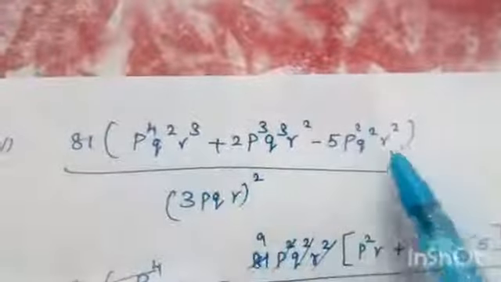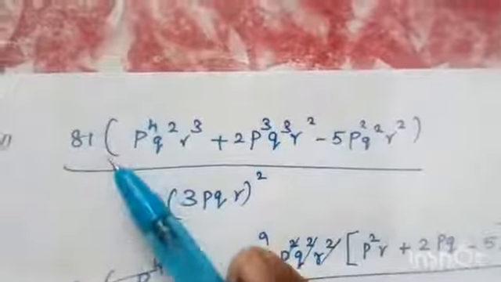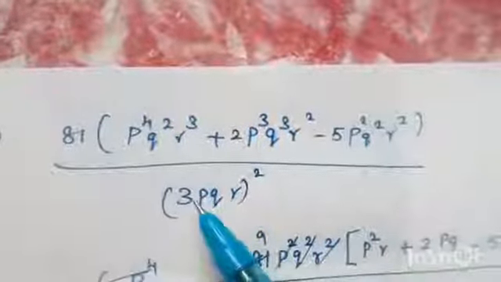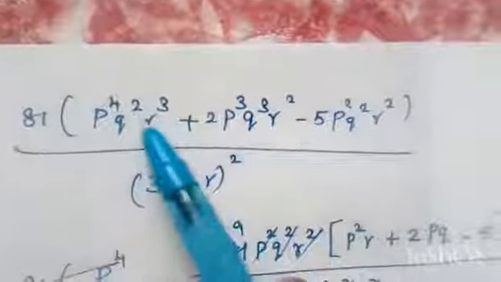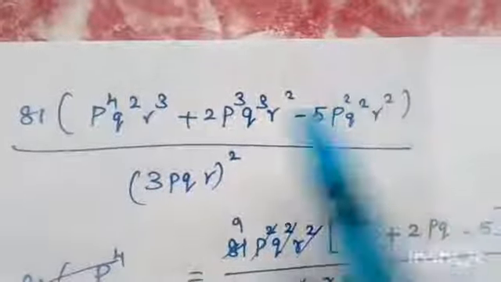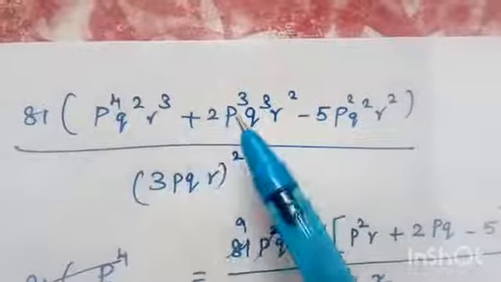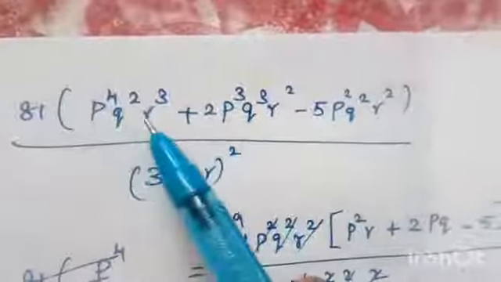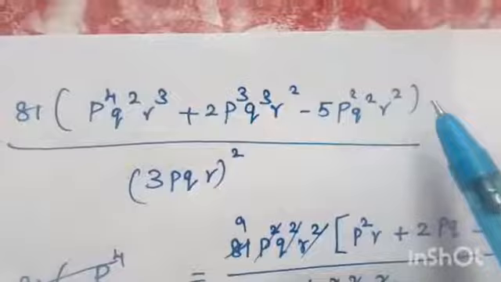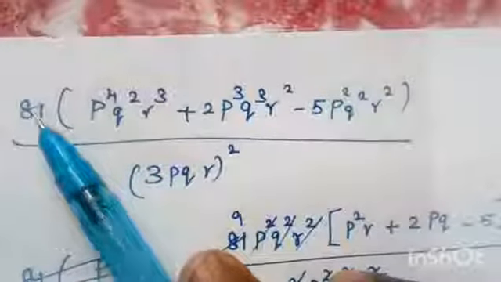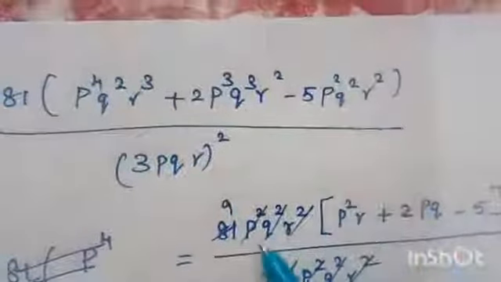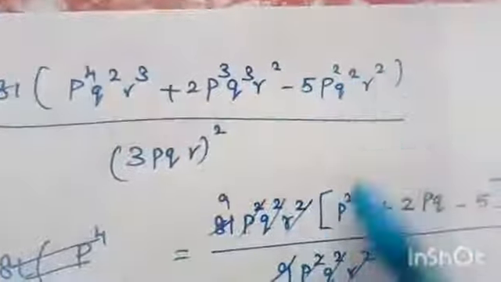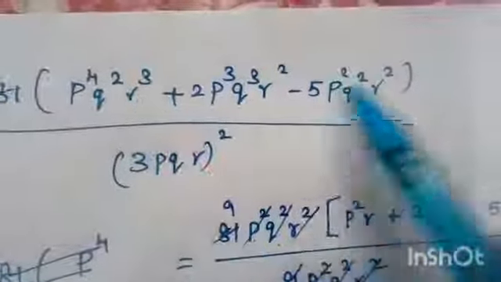Third question: first you write the given question in this form, that is 81 is common for these three terms. In the denominator, 3pq whole square, that is, the 81 is there. Then you have to find from these three terms any common variables. So that means for PQR, here also we have PQR. So the minimum power you have to consider, you have to take outside. So that is 81 already outside the bracket. So that is 81 into, for P which is the minimum power, P square, take outside. Then Q which is the minimum power, Q square, take outside. Then R which is the minimum power, R square.